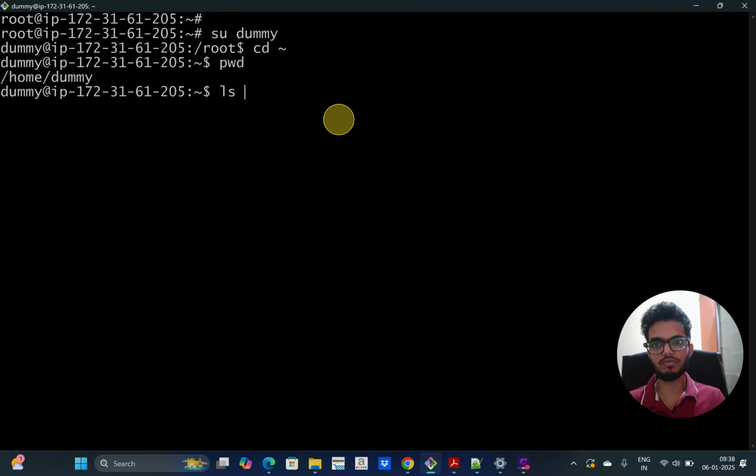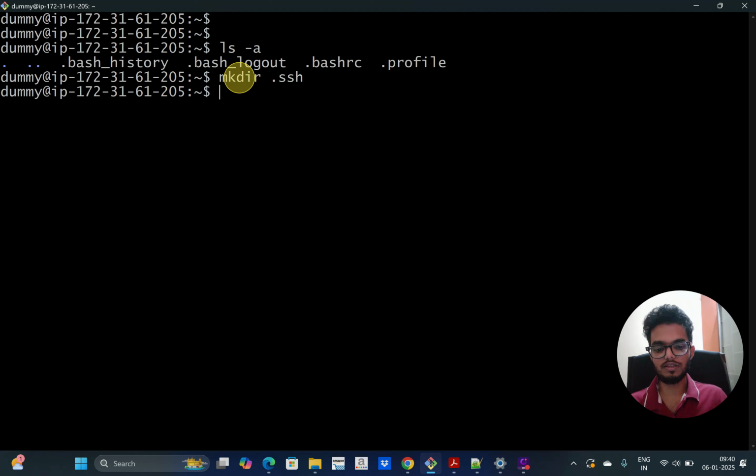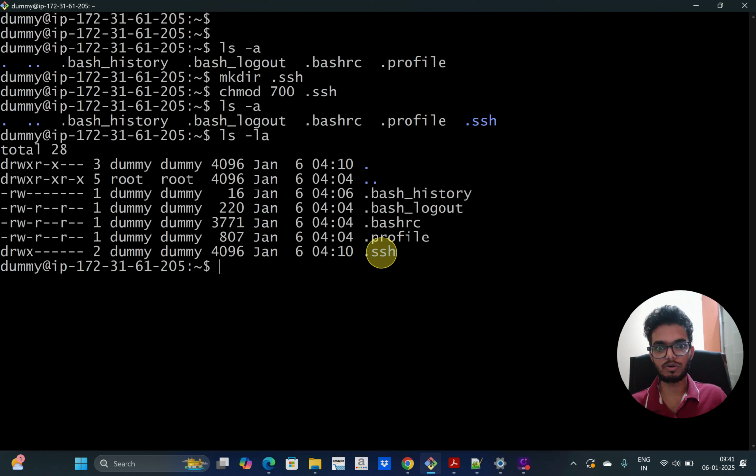Now I have to create a .ssh folder here. First check whether that folder exists or not. For that I can run the command ls -a, because .ssh is a hidden folder. The .ssh folder is not there, so create that folder using mkdir .ssh. Then let's modify the permission for that. chmod 700 .ssh. So now if I run ls -a, the .ssh folder is there, and if I run ls -la .ssh,